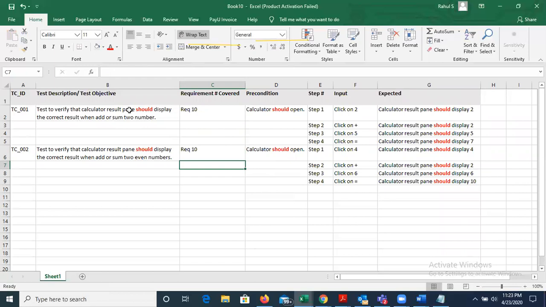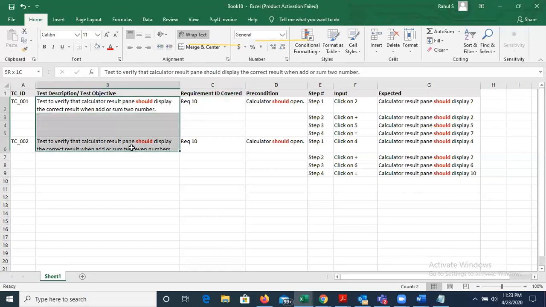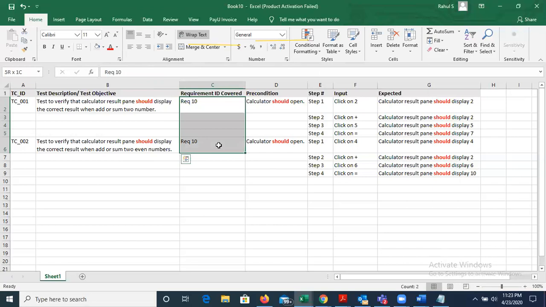So both test cases are covering the one requirement ID 10. This is correct. It doesn't mean that for one requirement there is only one test case. You can write multiple test cases for one requirement, but those test cases should not be repeated and should not be duplicates. So this is the one column we have added.